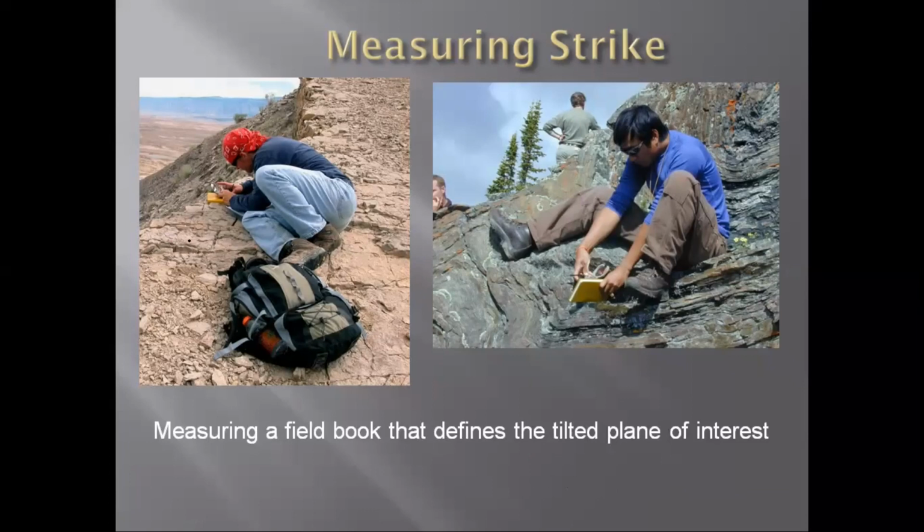As you guys remember, we use the Brunton compass, and in the Brunton we have two sides, and you can see that this guy is using a notebook. He is taking this notebook as parallel to the direction of strike. Sometimes there are formations whose exposure is not of the type where you can place the Brunton directly on the formation and take the measurement from there.